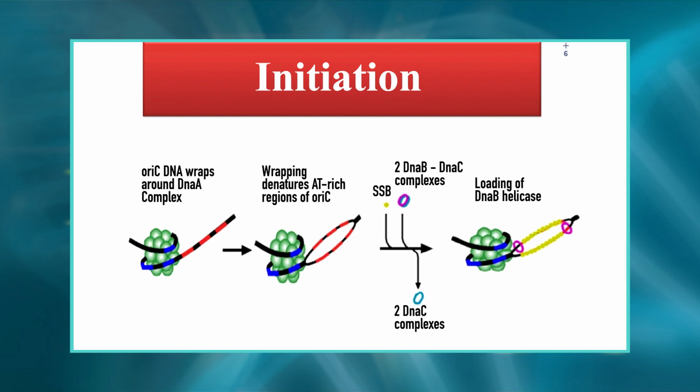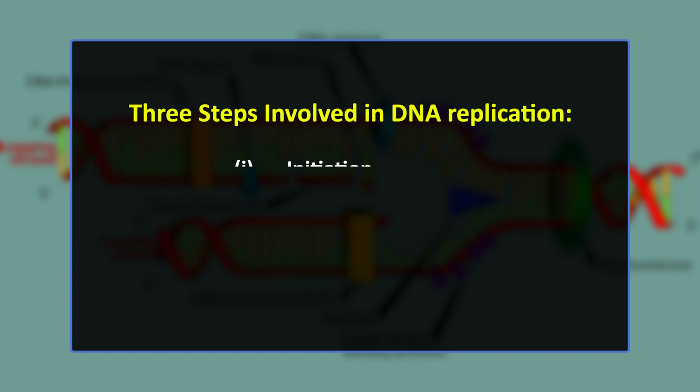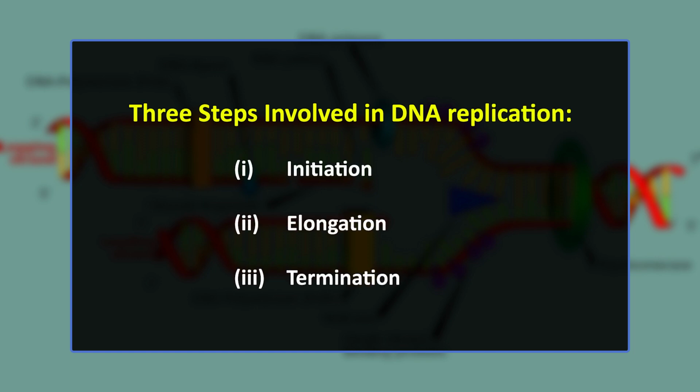In E. coli, DNA replication is initiated at the OriC point to which DnaA proteins bind while hydrolysis of ATP takes place. Dear students, let's now discuss the 3 important steps involved in DNA replication: the initiation, elongation, and